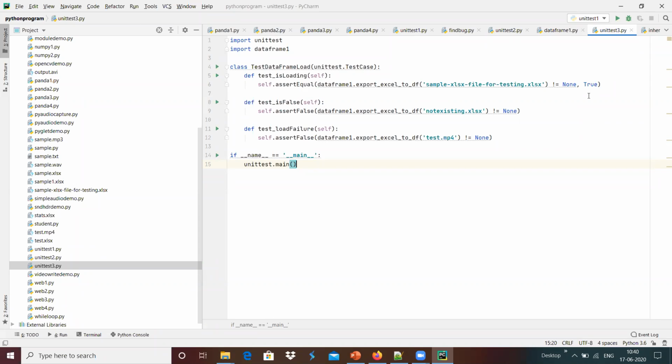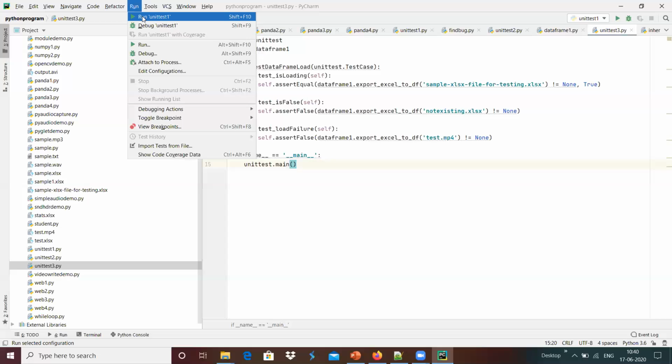And we are giving a not existing file, where the file does not exist, and we are expecting false, and we are checking with not equal to none. And we have the option of loading a non-Excel file. We are trying to load an MP4 file as a pandas data frame. How it behaves, we will see over here.